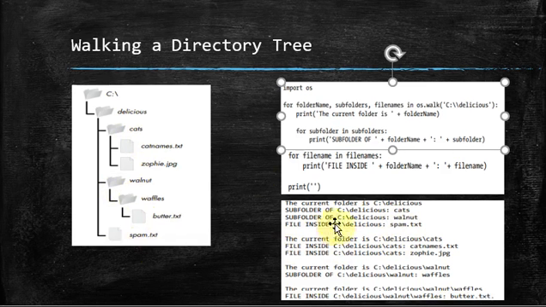So you can see here it is displaying. So just see the result here. Current folder is delicious, subfolder is cats, one more subfolder is walnut, and a file inside this particular directory is spam.txt. That is nothing but what you are saying, that's a return type: a string of the current folder name, a list of strings of the folders in the current folder,